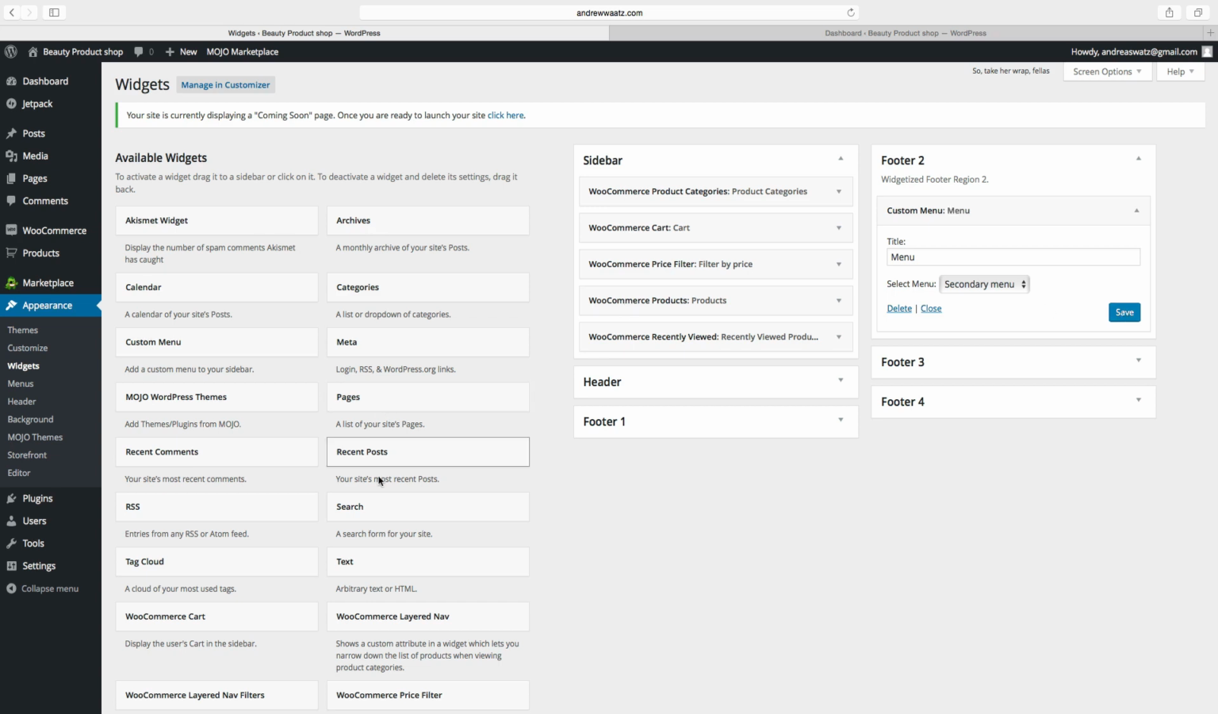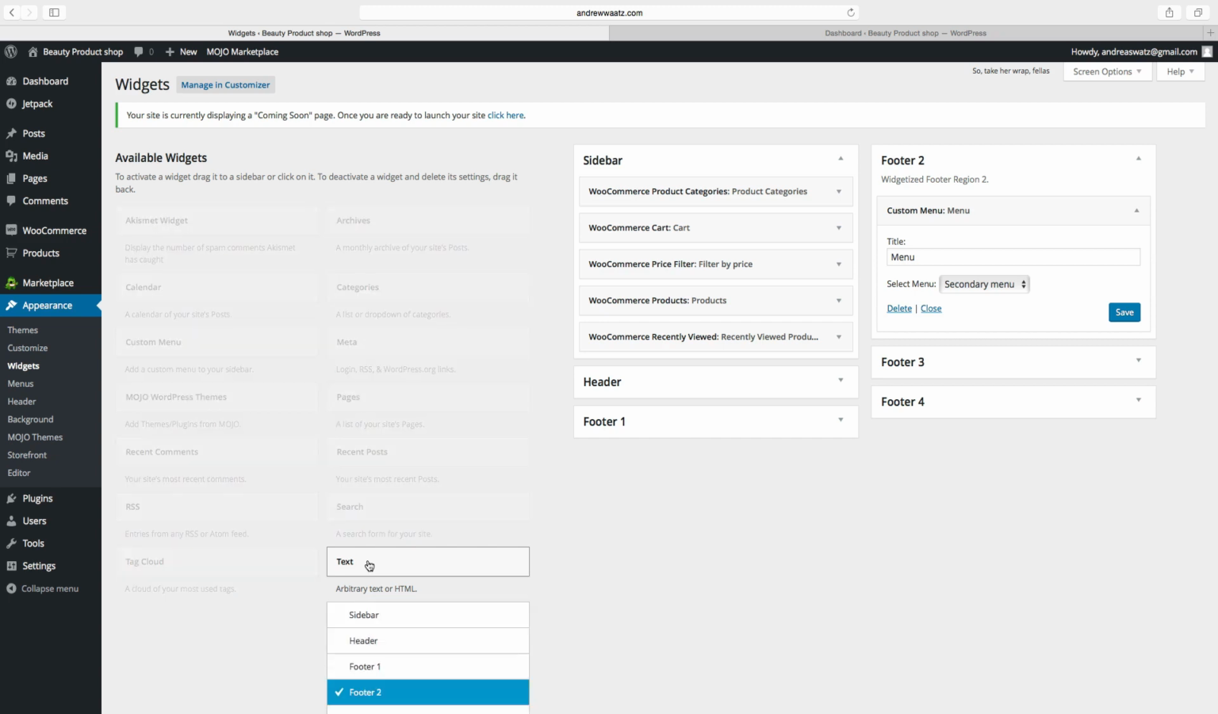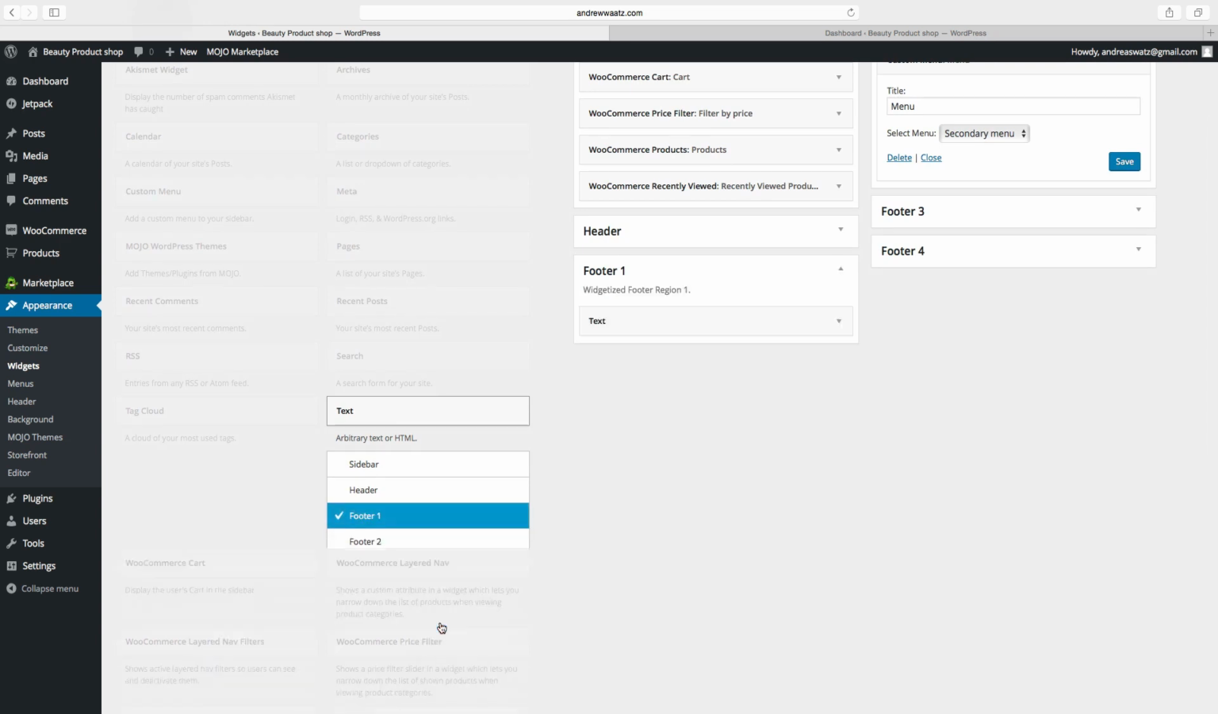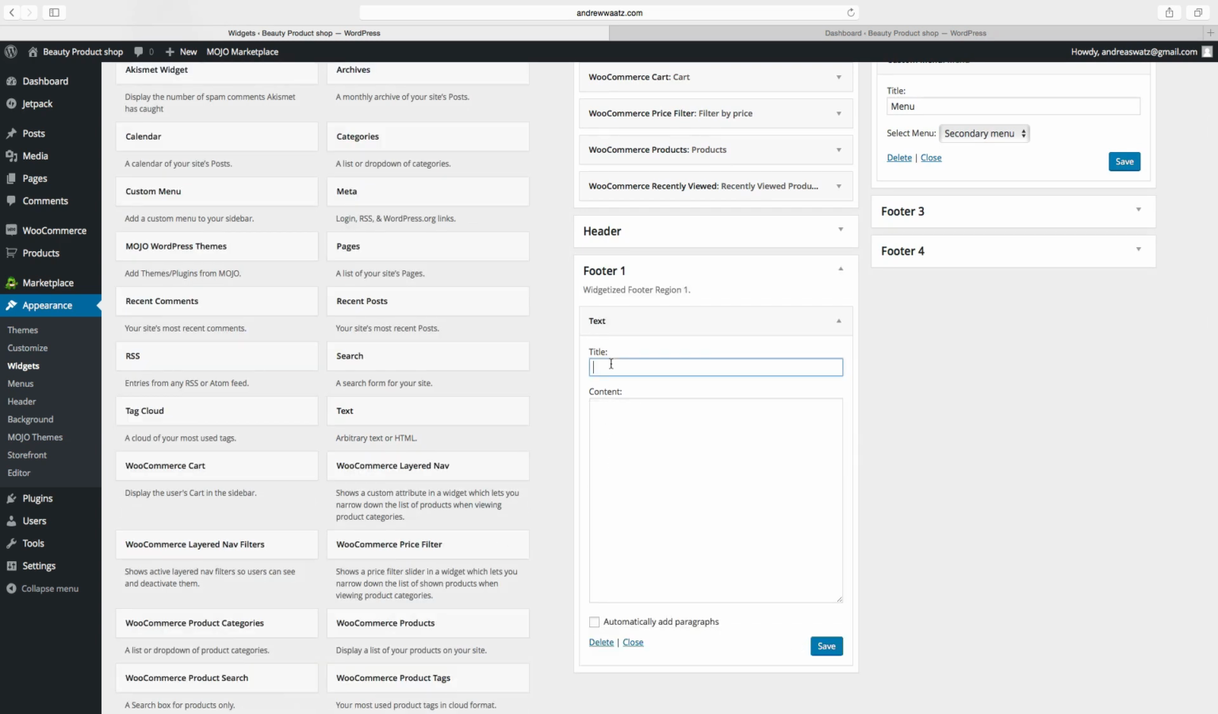Then we want to have contact information. Just click on this text, choose footer 1, add widget. You can choose contact us. Add your contact information, your address, your city, email, phone number,